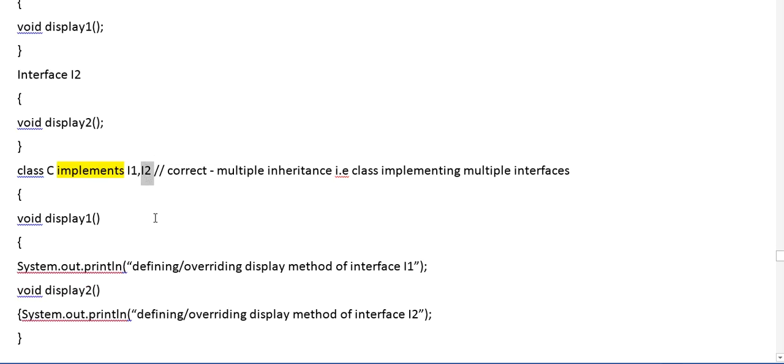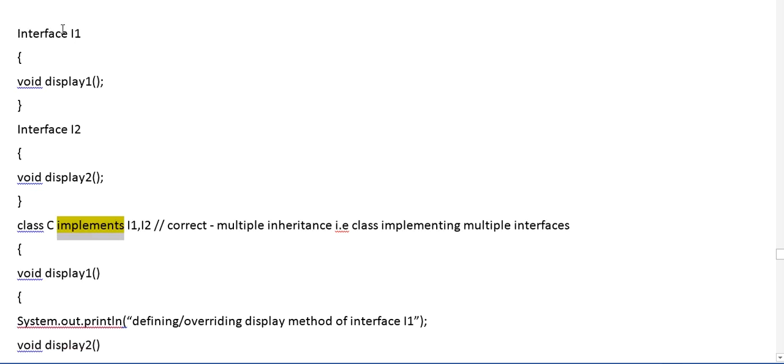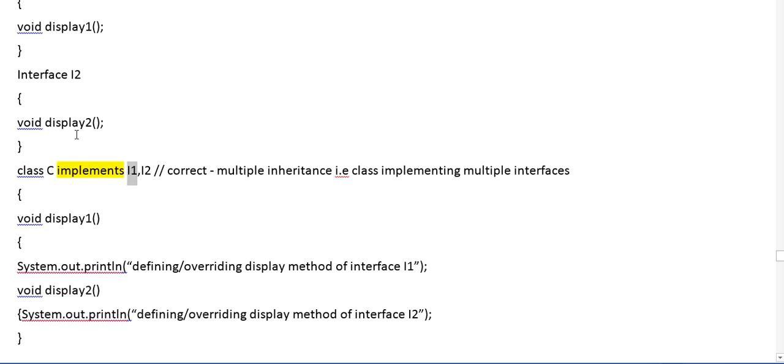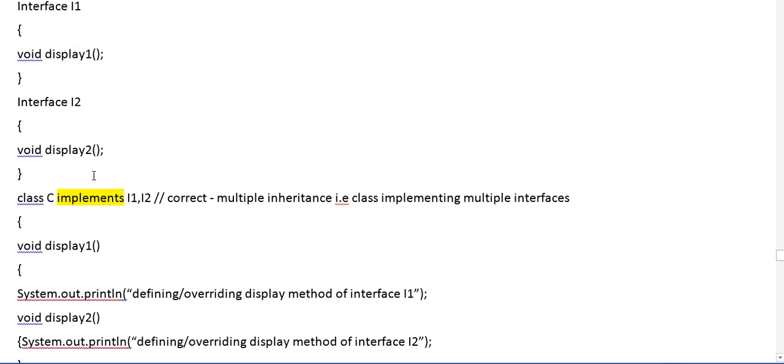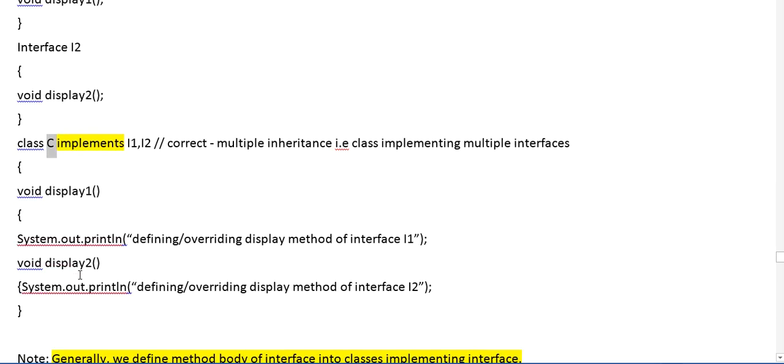So here class C implements I1 and I2. We are using the keyword implements here for implementing the interfaces. And later we will have the methods. If we are implementing some interface in the class, then we will have to define these methods.